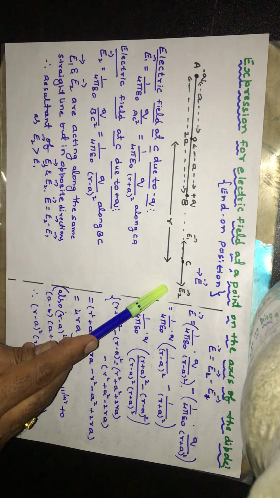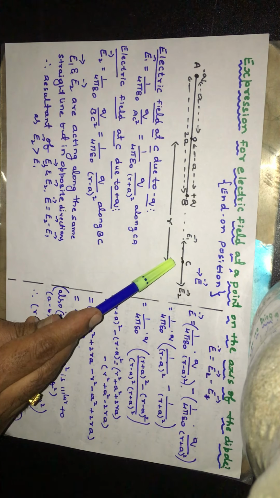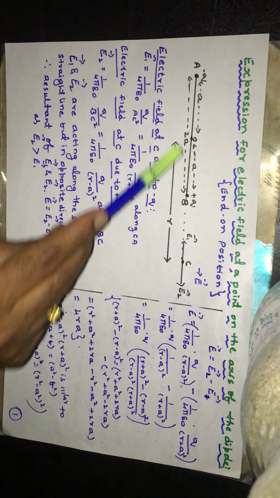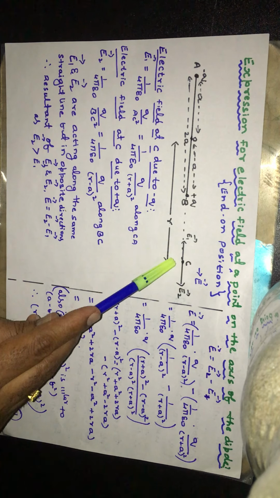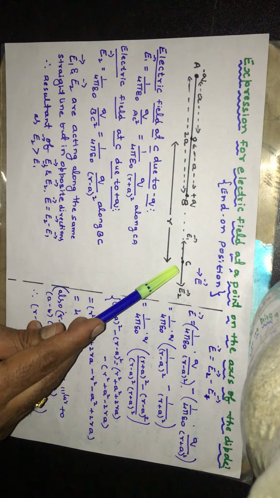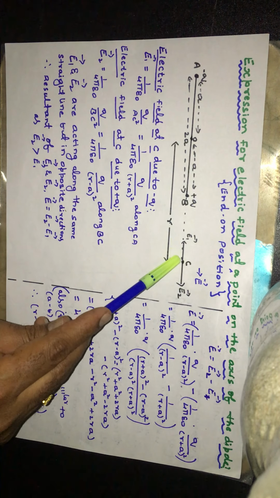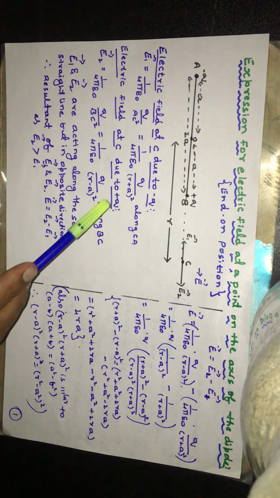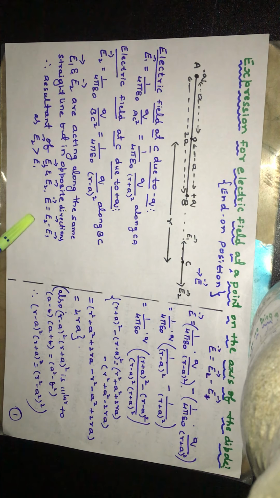So you can identify here that the electric field at C due to plus Q should be of greater magnitude compared to the electric field at C due to minus Q, because plus Q is close by to C. Thereby the distance will be small, so the denominator will be less, hence the electric intensity will be more. So the electric intensity at C due to plus Q, that is E2, is more compared to that due to minus Q, that is E1. So when you think of the resultant at C, it is E2 minus E1, as E2 is greater than E1.